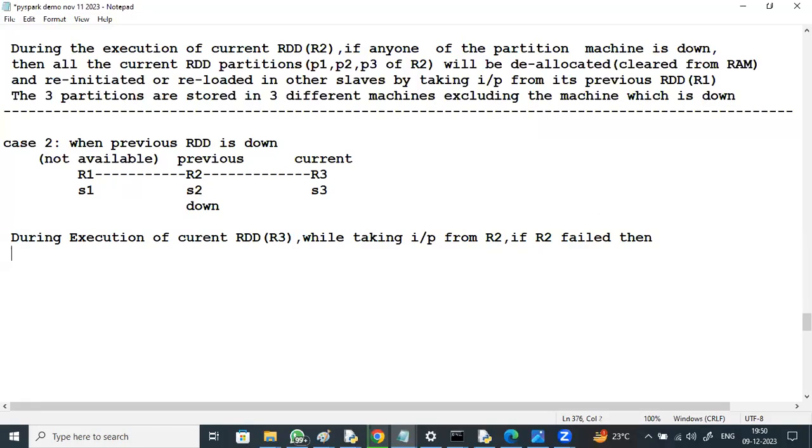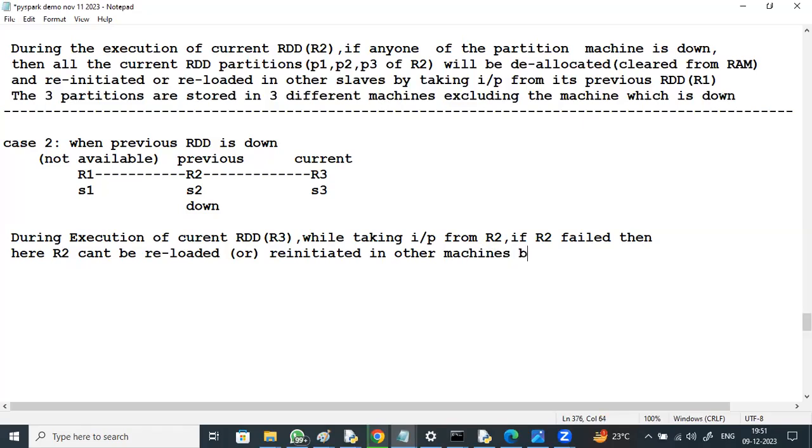No. Here R2 can't be reloaded or reinitiated in other machines,